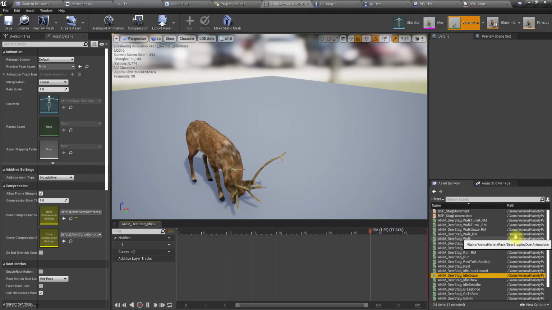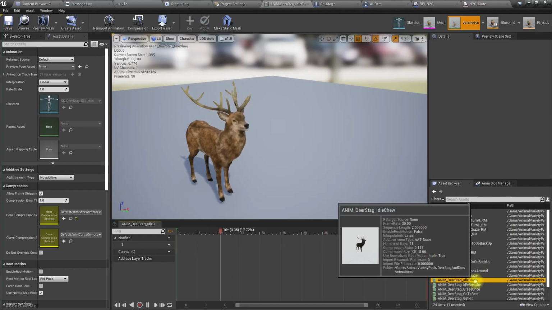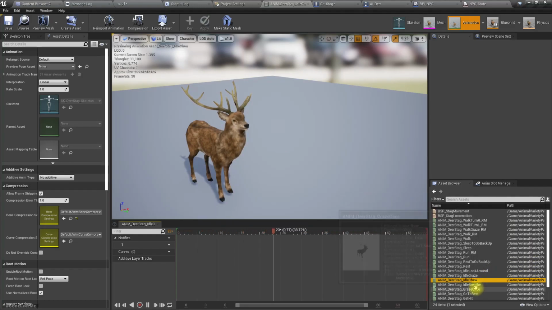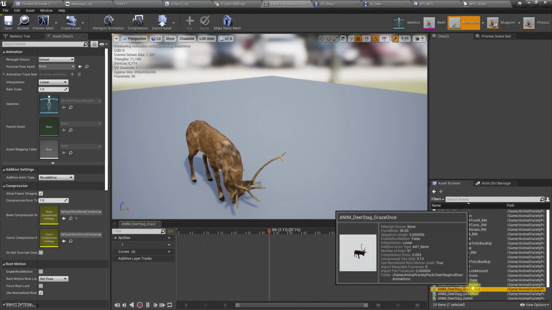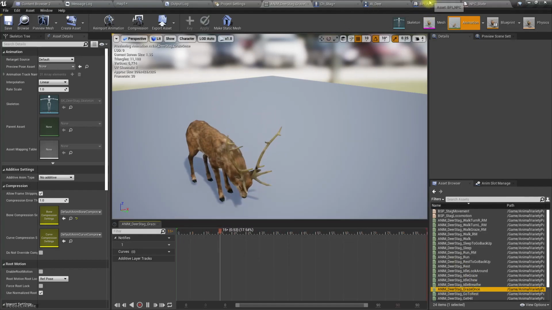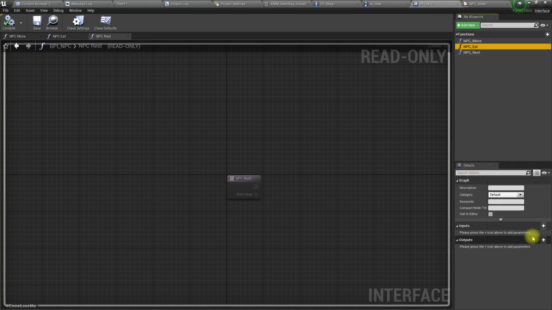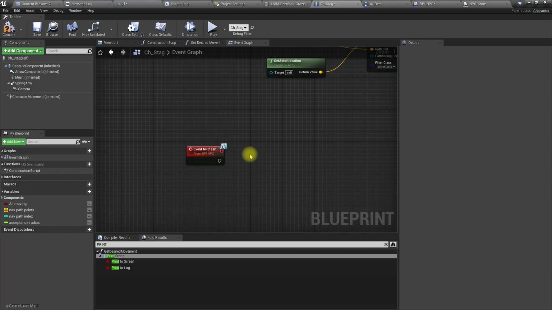We have this. Oh wait, we have this idle graze and idle chew, and also graze once. So these things. Okay, so I guess we also need a parameter to start and stop eating. Now no wait, maybe we don't need this. Let's see. Okay, right, now here